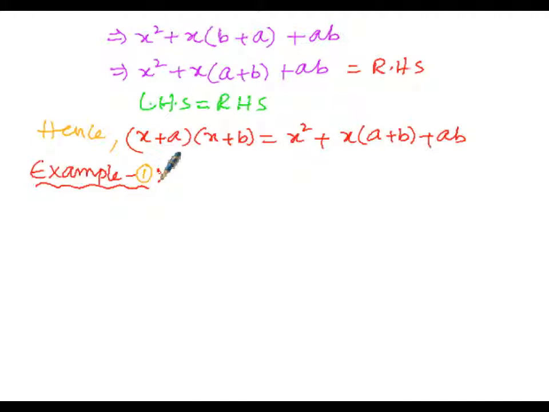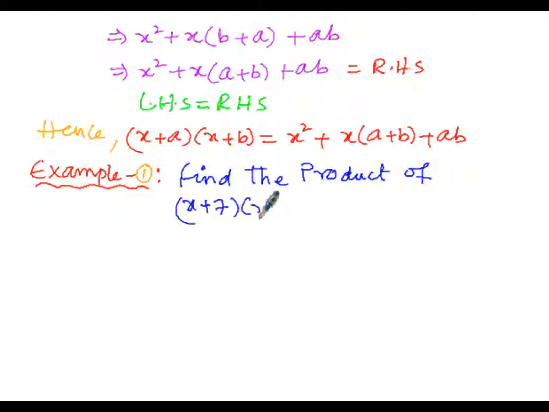Find the product of x plus 7 and x minus 3. So here the solution starts. As per the problem,